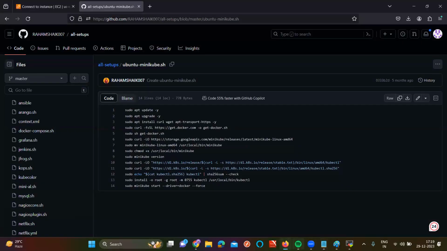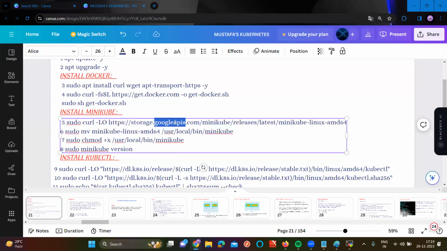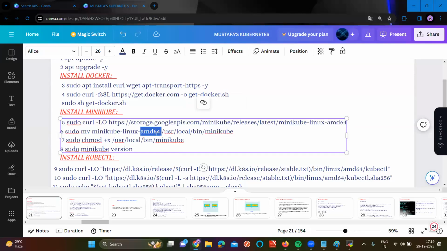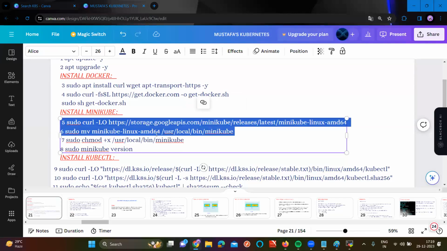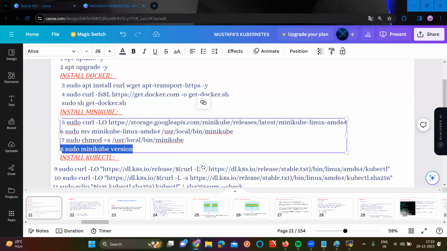Again, see, understand? First of all, I am downloading Minikube. Why am I downloading Minikube? It's not a default command in Linux, so first I want to download. After downloading, I am moving it to user local bin. Why? All commands need to be stored there only. And after that, I am giving executable permission. Why? That's a file. If the file wants to work as a command, we need to provide executable permission. And I am checking the Minikube version. Is it clear now? The first three steps: update the server, install Docker, install Minikube.